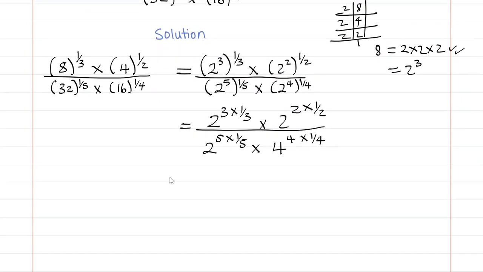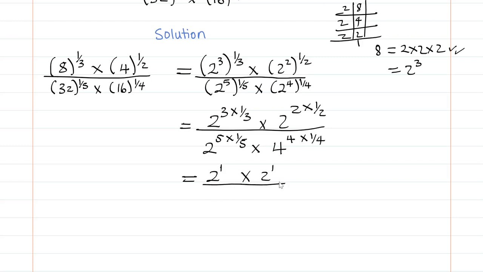Then from here, you press the calculator to multiply those powers. So here we shall have 2 power, what is 3 times 1 out of 3? It is 1. The 3 and the 3 will cancel. So here we shall have 2 to the power 1 times 2 times a half on the power. It is also 1. So this is also 2 to the power 1